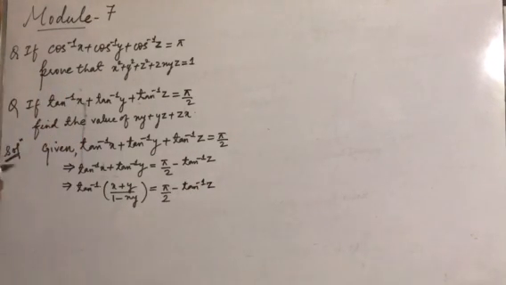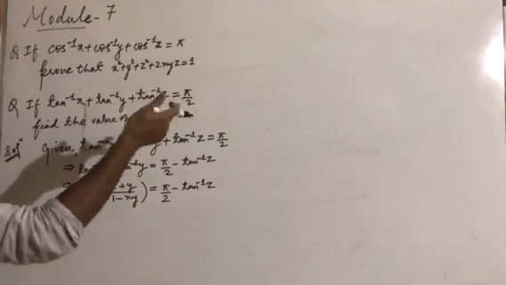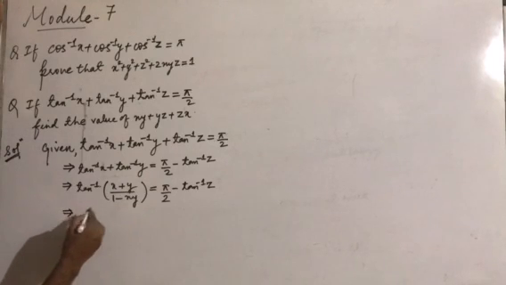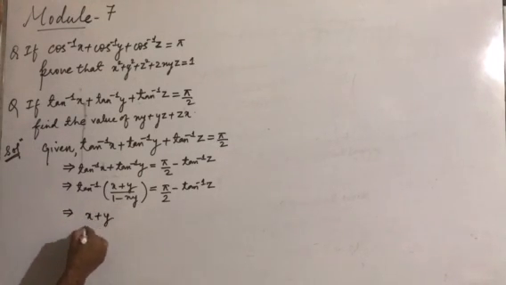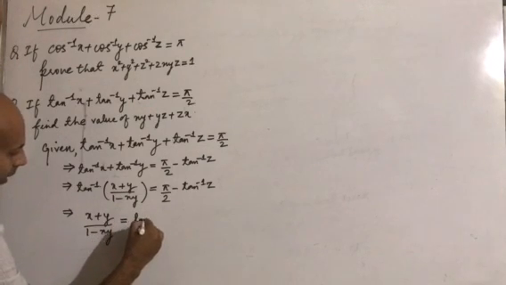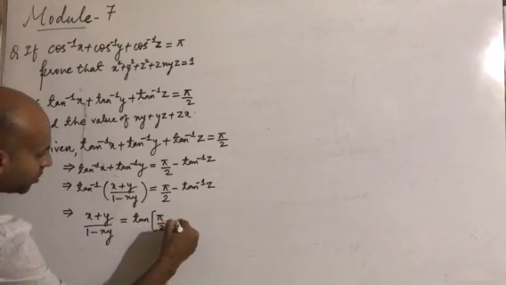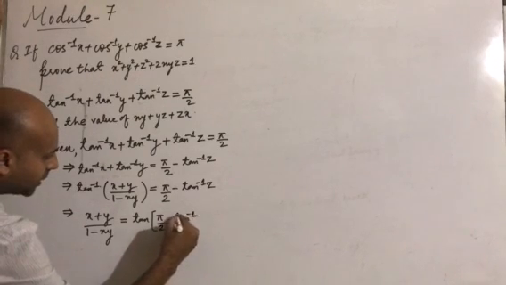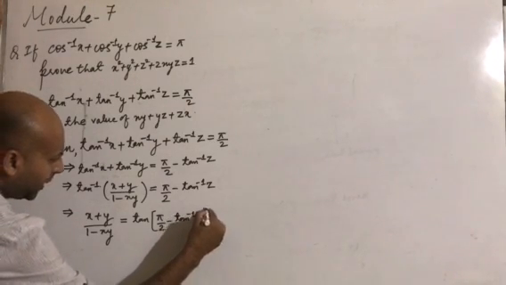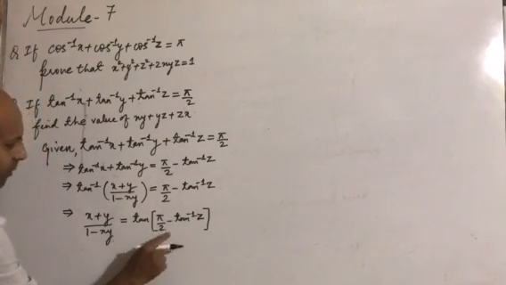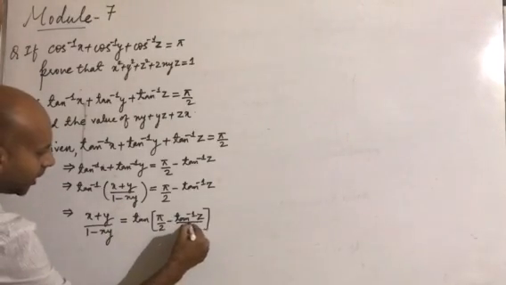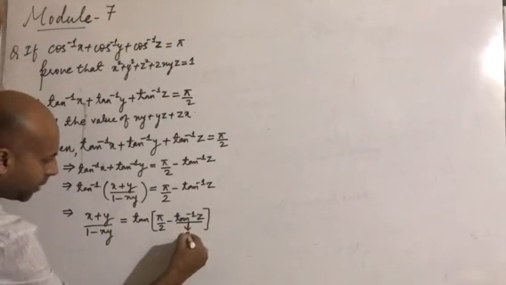In the next line, this tan inverse will be taken to the right hand side. So this can be written as x plus y, whole divided by 1 minus xy, is equal to tan of pi by 2 minus tan inverse of z. So don't take tension that here it is tan of pi by 2. Consider this one as theta. Understand that this is nothing but theta.